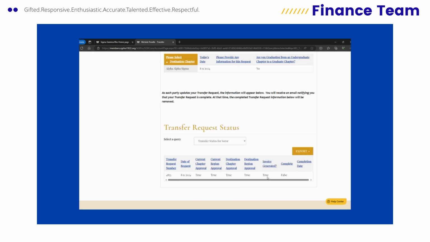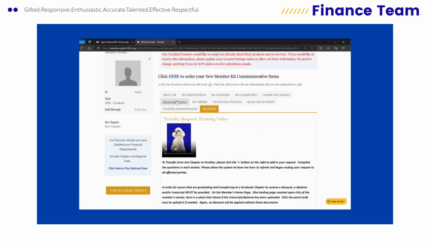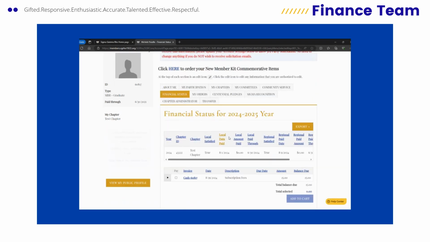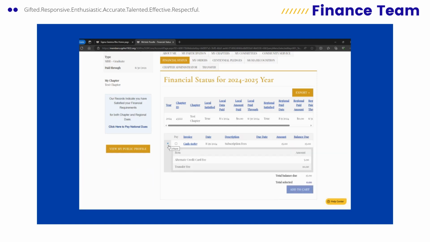To satisfy the invoice, this member would need to enter on her financial status tab. By clicking that tab, it will open up her open invoices. You can see here it indicates it's a subscription fee. You can identify what is in that invoice by clicking this drop down button, and this is her transfer fee. So we will click on that invoice